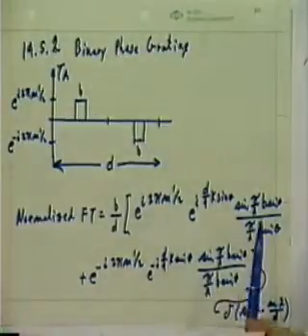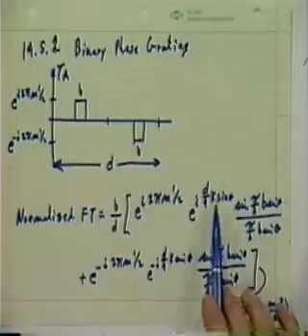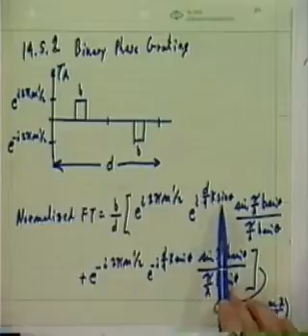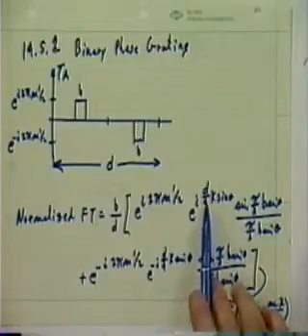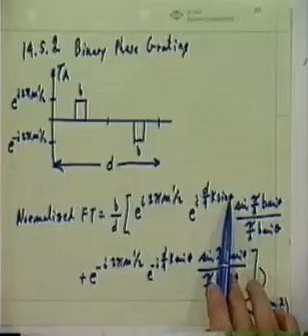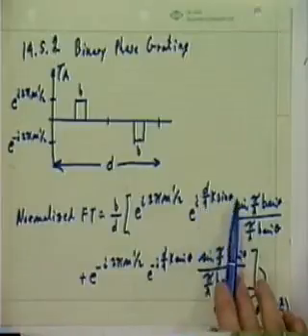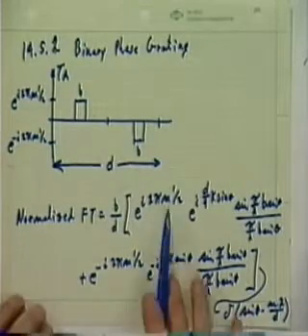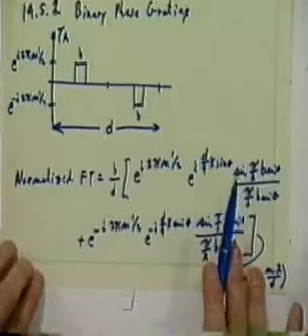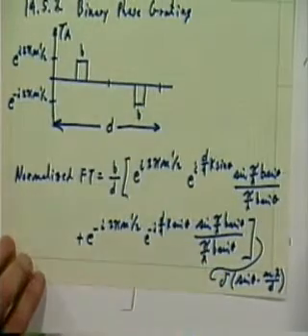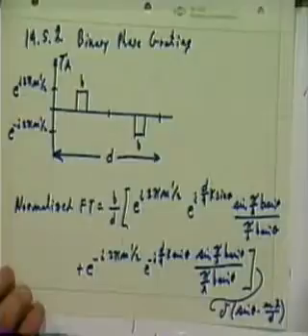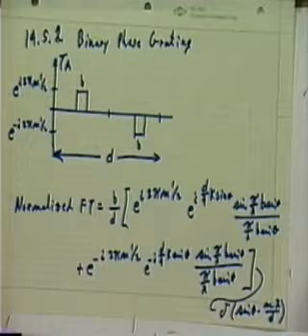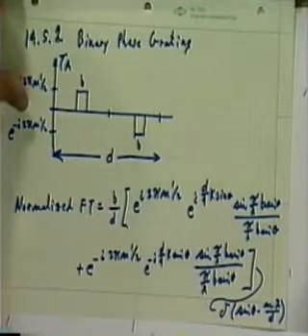And I'll leave it up to the interested student to go through and prove if that's right. Or probably just think about it, you'll see it's right. So this is what we get when we do the Fourier transform of this transmission, of these two phase gratings here. And now, if we play with this equation a little bit, what we can write this as,